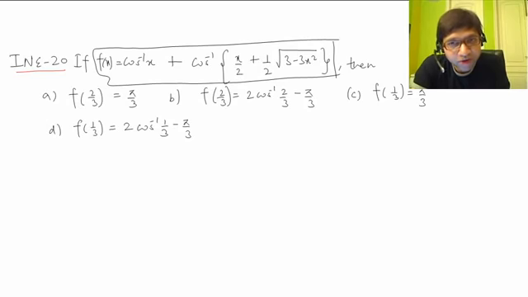If you have to find a derivative of an inverse function, and if you can apply a direct formula, that's fine, you can directly apply derivative formulas, there's no problem in that.